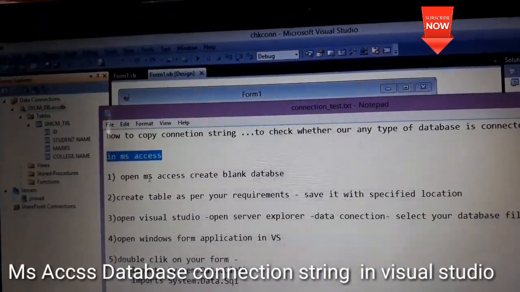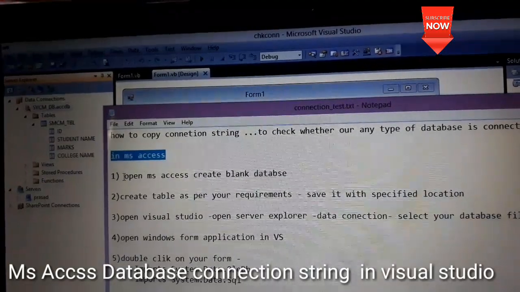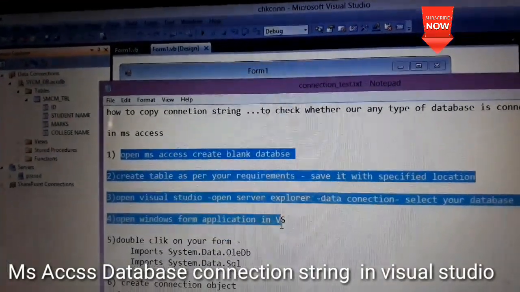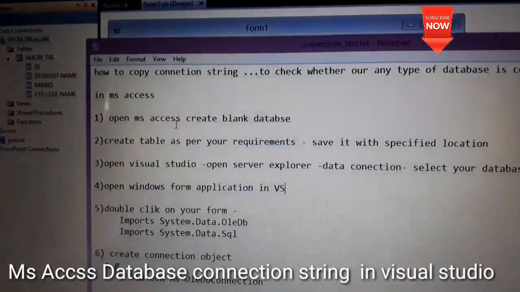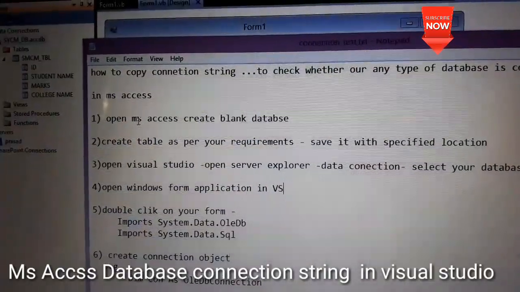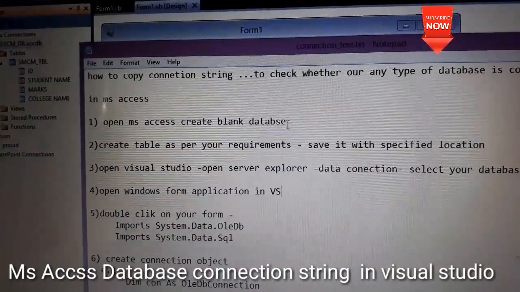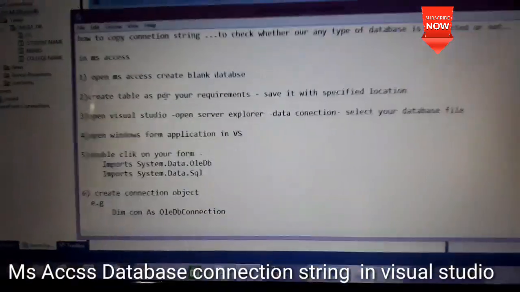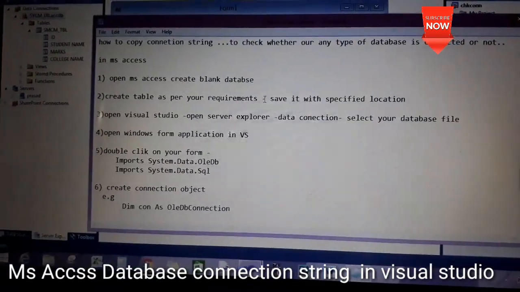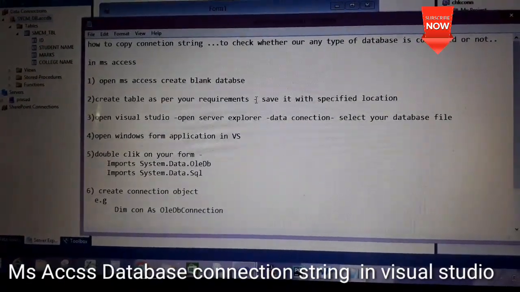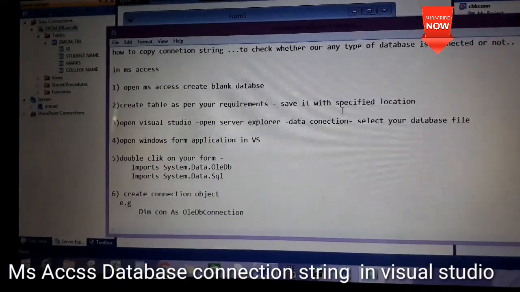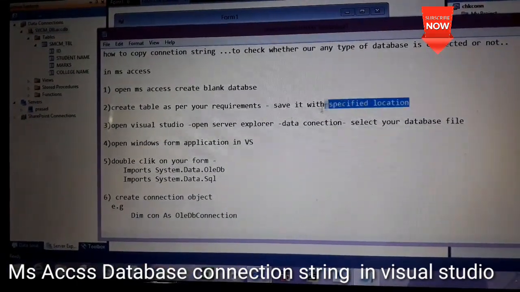In MS Access, these few steps we have already seen in the last lecture. Just revise here. Open MS Access, create the blank database, create a table as per your requirements, for student or employee, and save it at a specified location.